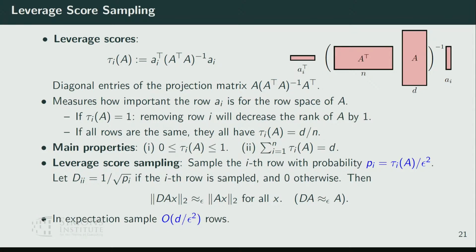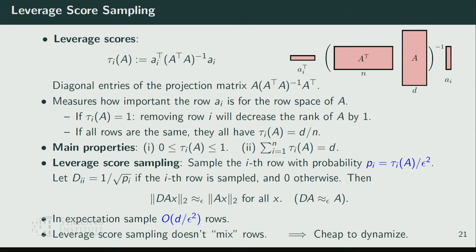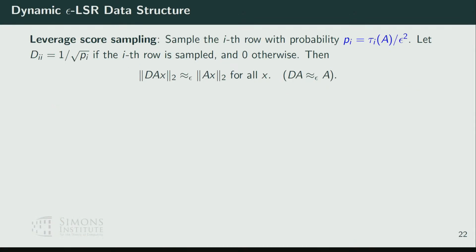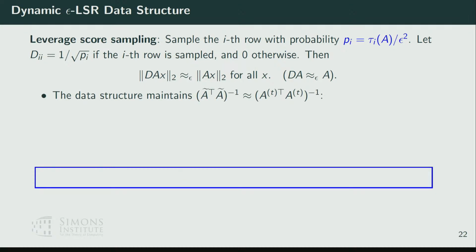So in expectation, if we use this leverage sampling, we will sample D over epsilon squared number of rows. And because we are just sampling rows, we don't really mix them. This is very cheap to dynamize. And that I will show in the algorithm here. Oh, something wrong. But anyways,